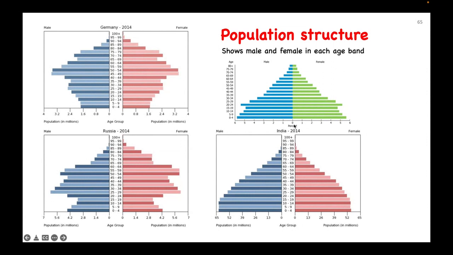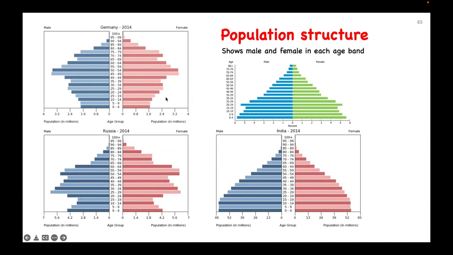So you work from 0 outwards, the 0's in the middle, and what you see is the number of 0 to 4-year-olds, males and females, and so it goes on. And you can see the sorts of patterns, the sorts of curve that you get for various countries. So this is from 2014,